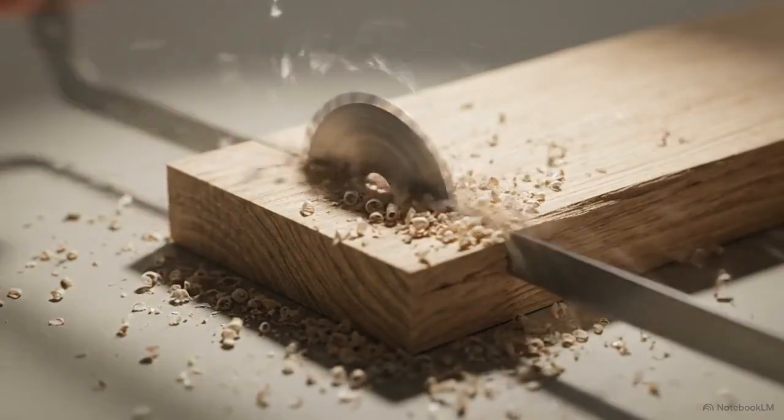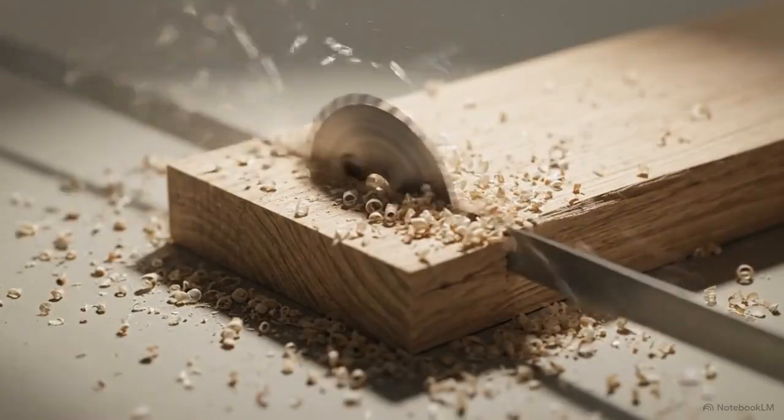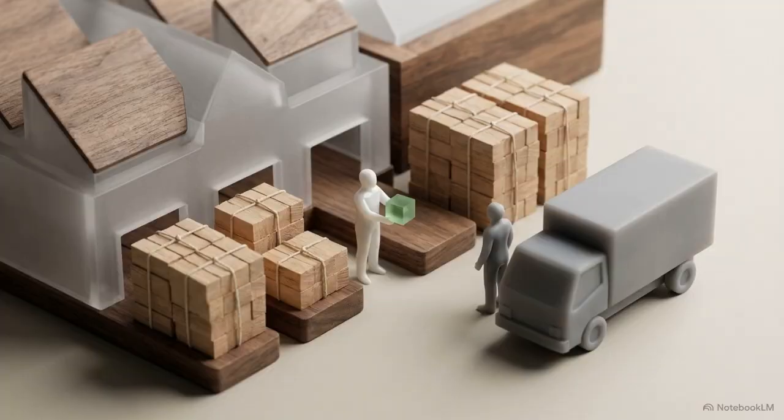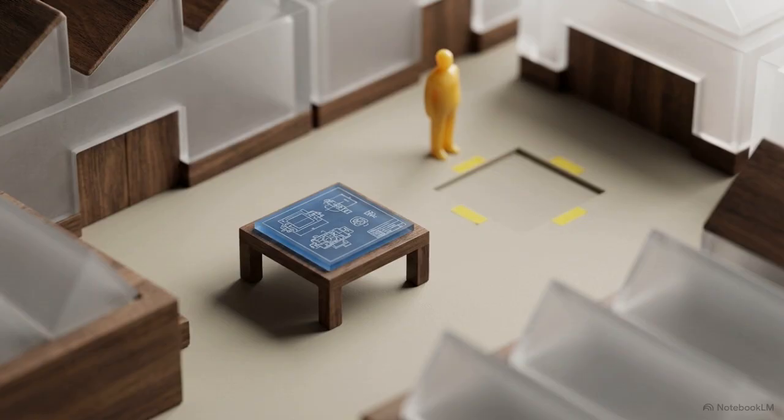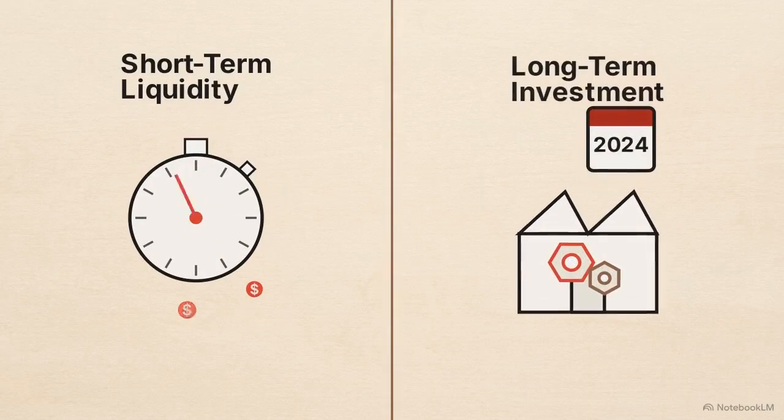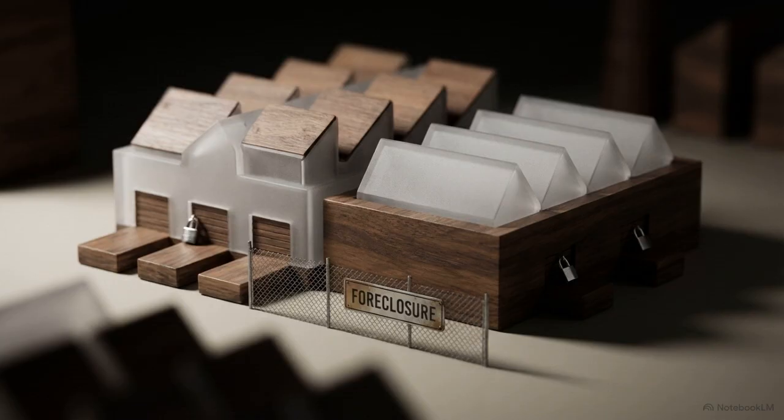The owner receives a massive order from local hotels preparing for the upcoming tourist season. This manufacturer suddenly faces two distinct financial requirements. He needs immediate liquid cash to purchase raw timber to fulfill the hotel order. At the same time, he is planning a high-cost installation of new, advanced machinery to increase his factory's production capacity next year. One need requires short-term liquidity. The other requires long-term investment financing. Attempting to service both of these distinct physical realities with a single, uniform loan structure guarantees a structural failure.